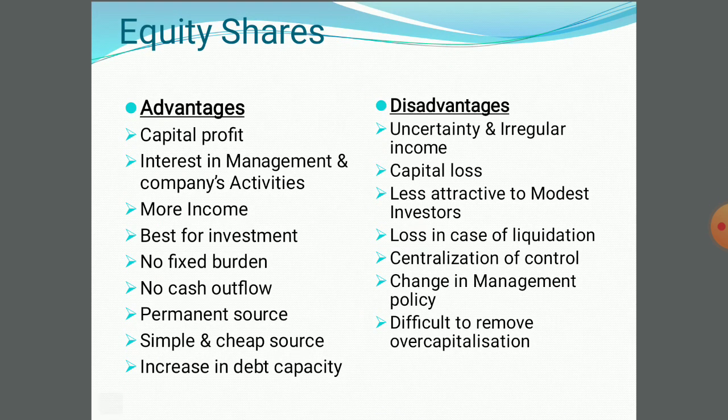Now, to correct overcapitalization, what we can do is redeem the principal amount back. For example, if you have preference shares or debentures, you can redeem the principal amount back, and this way you can reduce the principal amount and justify the amount of profit you have earned. But with equity shares it is difficult, because equity share being a permanent source of capital, it is not possible to give back the principal amount to equity shareholders, and because of this it is difficult to remove the overcapitalization of the company.